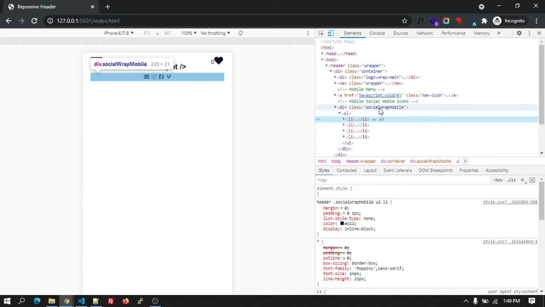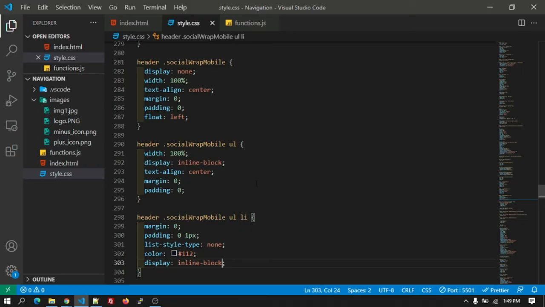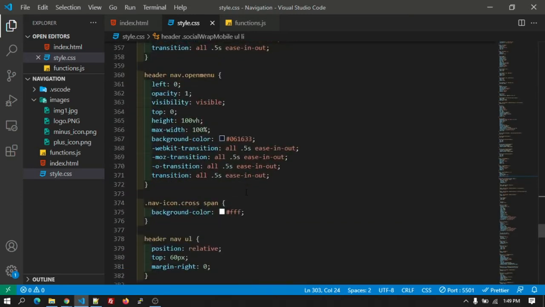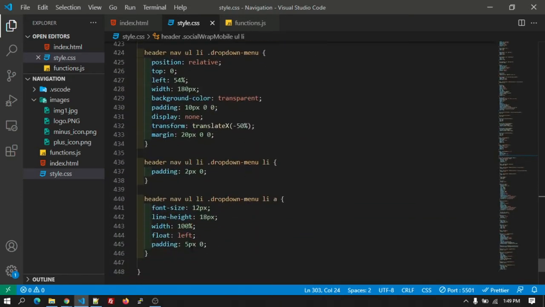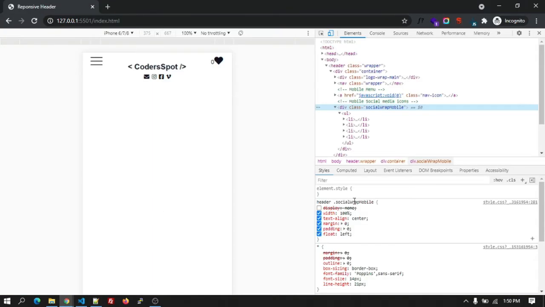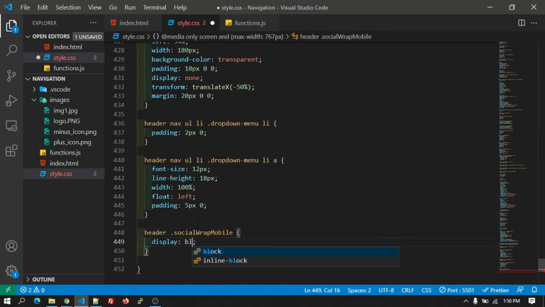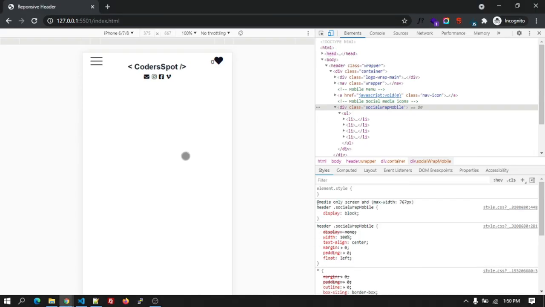Okay, for the mobile device, right, we need to make it display block. Let's go down, go down, go down, and over here. So let's copy this class and go to here and make it display block. In the mobile device it should be shown.